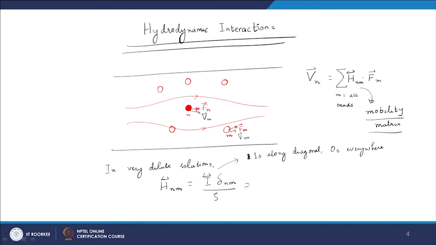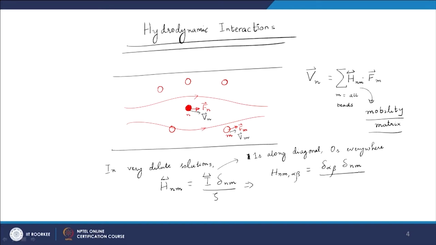What that means is, if I look at the alpha beta component of this mobility matrix, that would be delta alpha beta. The Kronecker delta will represent the identity tensor, because for alpha equal to beta we have diagonal terms which are 1, and for alpha not equal to beta we have off-diagonal terms which are 0,